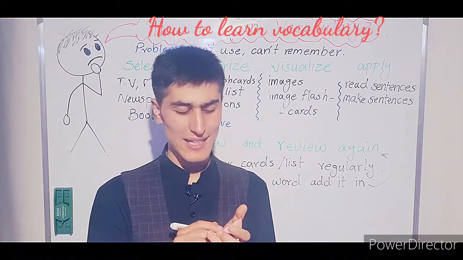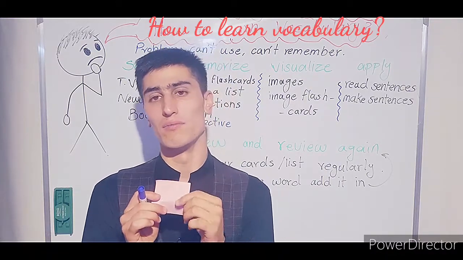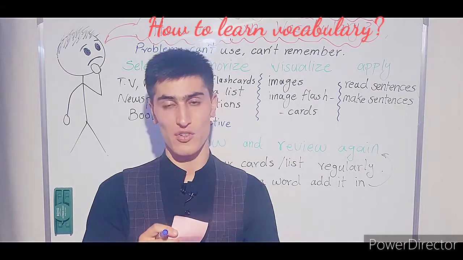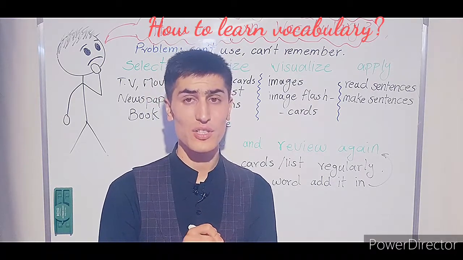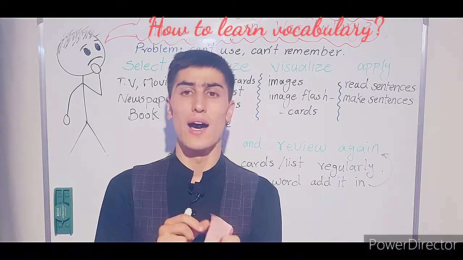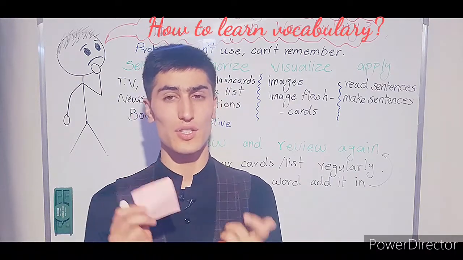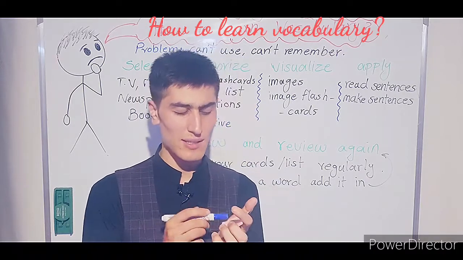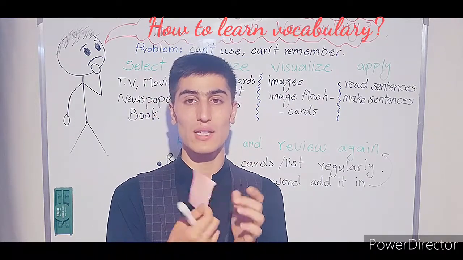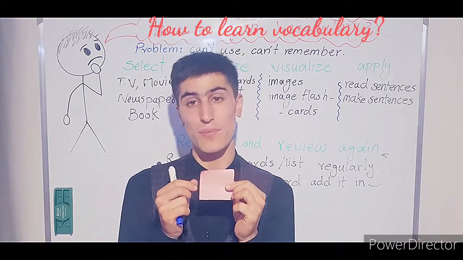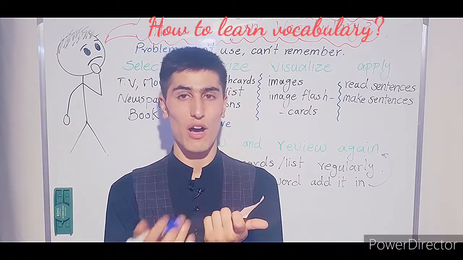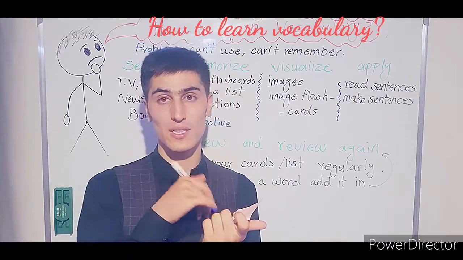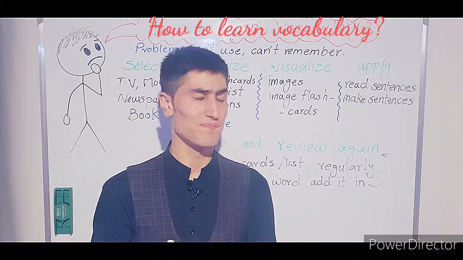Then you can write a sentence along with the word and its function. So you read the word first, and then you read the function, and then read the sentence. If you still can't understand the meaning, then you can write the meaning here, or you can write the meaning behind the paper. So whenever you look at the word, your eyes don't go to the meaning straight away, otherwise that won't help.